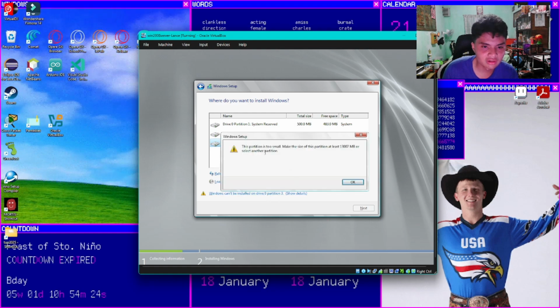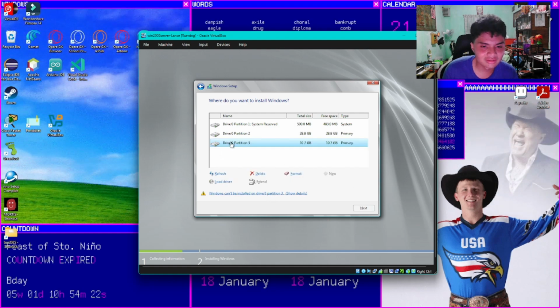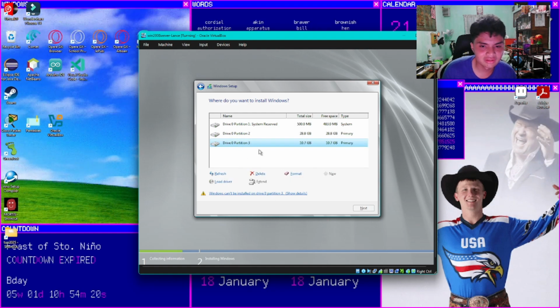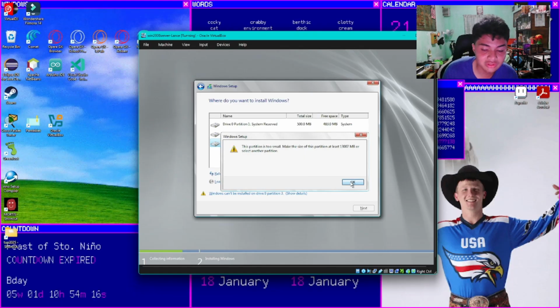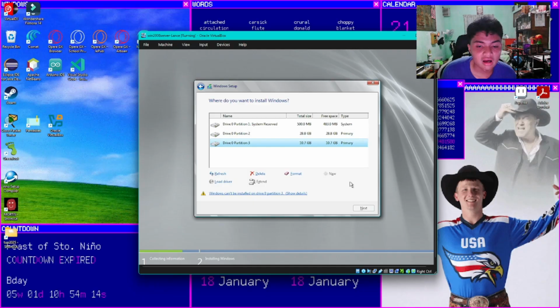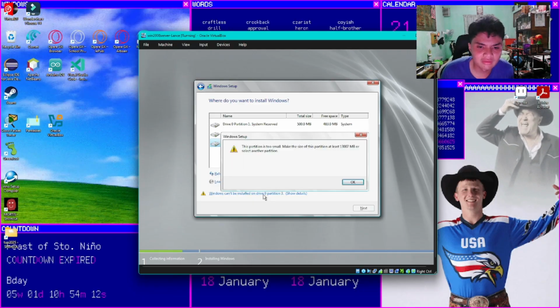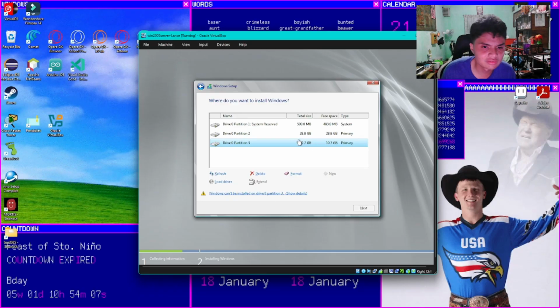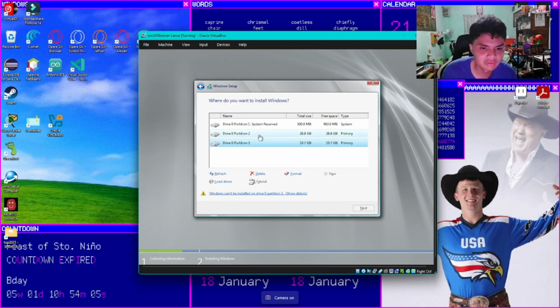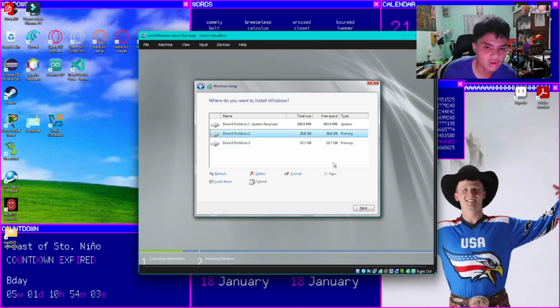You can't install it here because we need at least 13 gigabytes of space to install Windows. So we'll be using drive 0 partition 2.